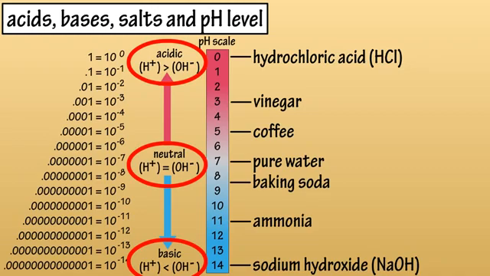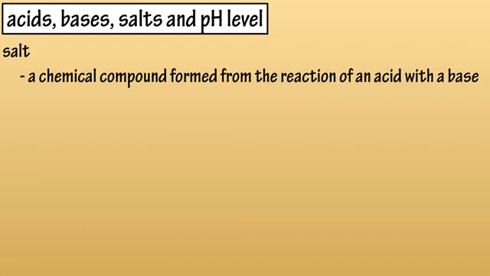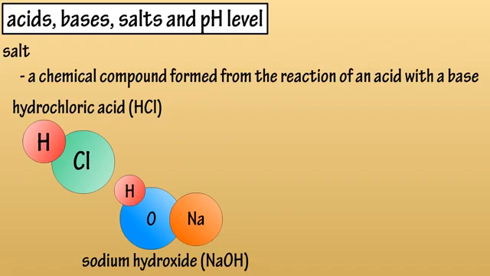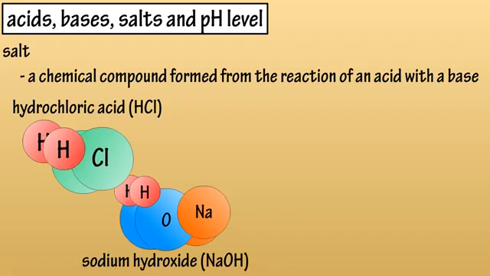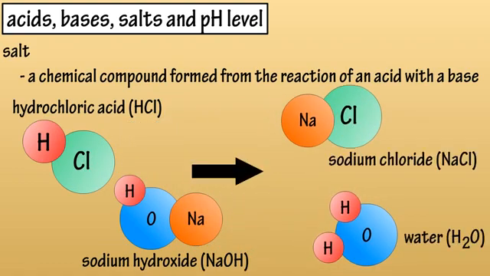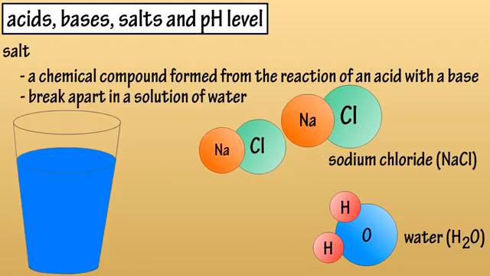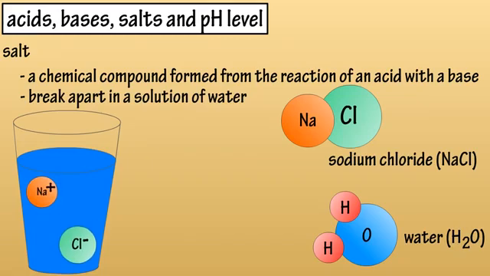Now we can look at salts. A salt is a chemical compound formed from the reaction of an acid with a base. So hydrochloric acid, HCl, can interact with sodium hydroxide, NaOH, a base, and form sodium chloride, NaCl, and water, H2O. Salts break apart or dissociate in a solution of water to form positive and negative ions, which make them important